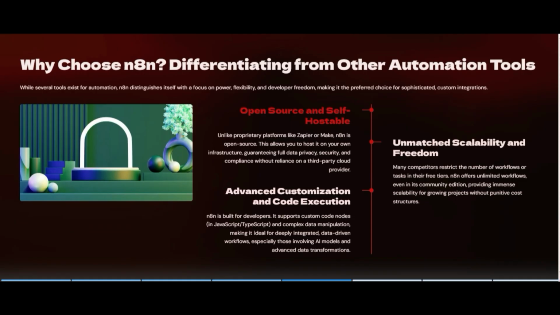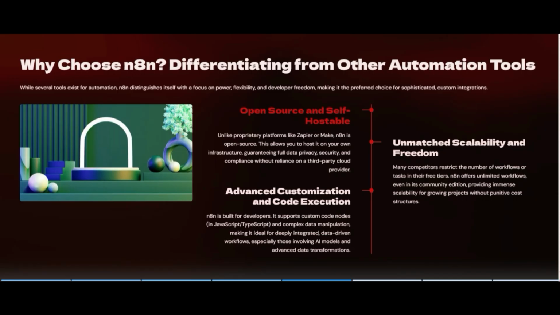The second thing is unmatched scalability and freedom, because you can build any type of automation, any kind of agentic automation, in n8n, whereas other tools restrict the tier or restrict the number of workflow executions. And then advanced customization and code execution: if you are a builder, you can use JavaScript code, and Python is also coming in beta version, so you can go and try it in advance.